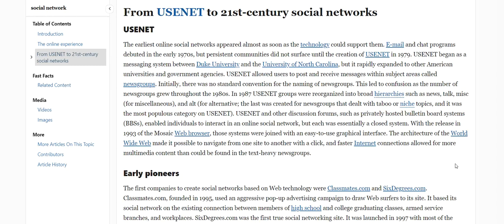From Usenet to 21st century social networks. Usenet, the earliest online social networks, appeared almost as soon as the technology could support them. Email and chat programs debuted in the early 1970s, but persistent communities did not surface until the creation of Usenet in